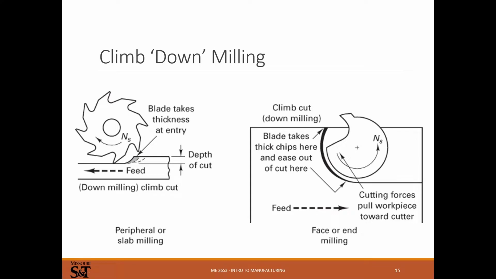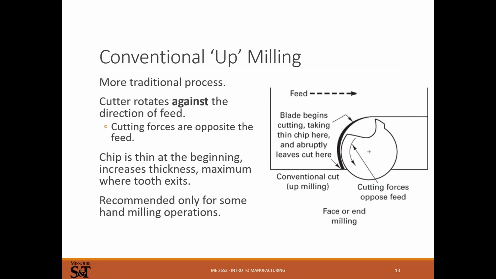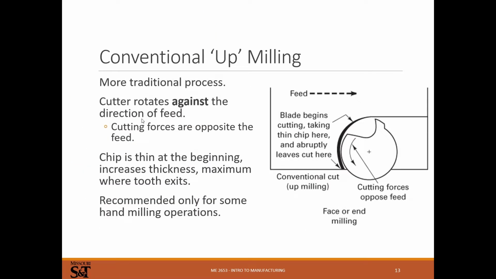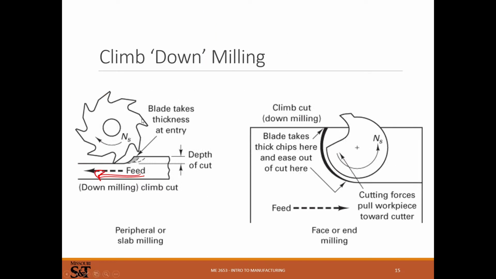So in climb milling, in this case, what they've done is they flipped this thing around and then kept the direction of the feed the same. So if you see here, the feed is this way. Here the feed is this way. So to keep that part of the diagram the same, they flipped the tool around and confused the hell out of everyone, including me. So note what's changed here is now we're looking at the other direction on the spindle,